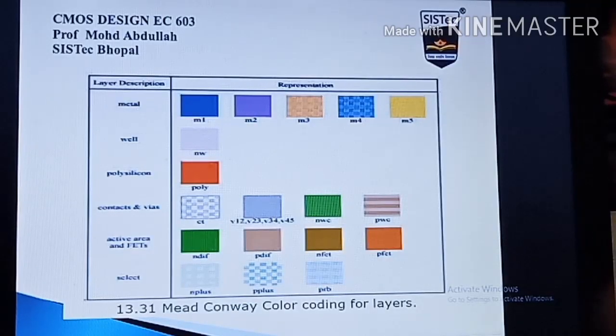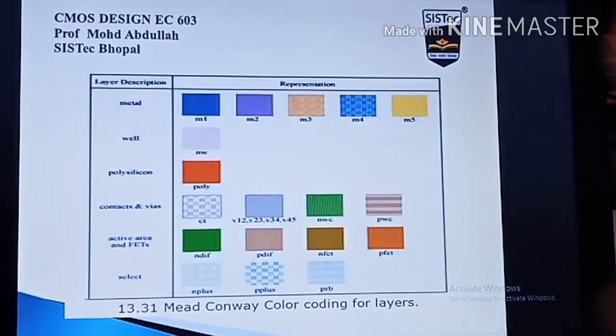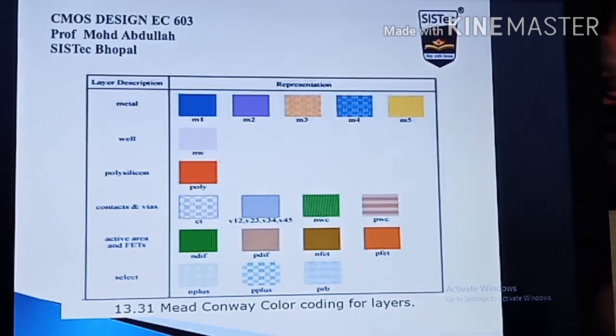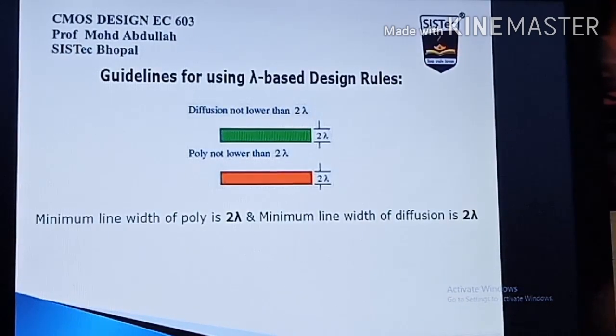design rules. The layers being the metal, the well, the polysilicon, the contact and the vias, and the active area of the FET. For example, N well, P well, which color you have to choose, and the last one is the selection area. Basically this whole diagram explains that, while designing a circuit through CMOS technology, these are the color combinations you are going to use for designing a CMOS. Now guidelines for using the Lambda based